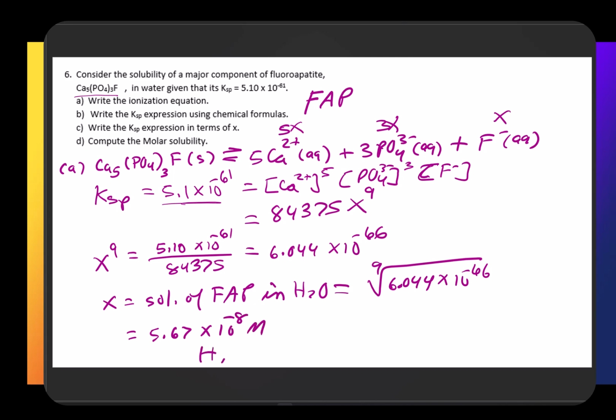Compared to HAP, that solubility was 2.7 times 10 to the negative 5th molar. So the fluoroapatite has a much lower solubility by a factor of at least 1,000, rendering the tooth enamel more